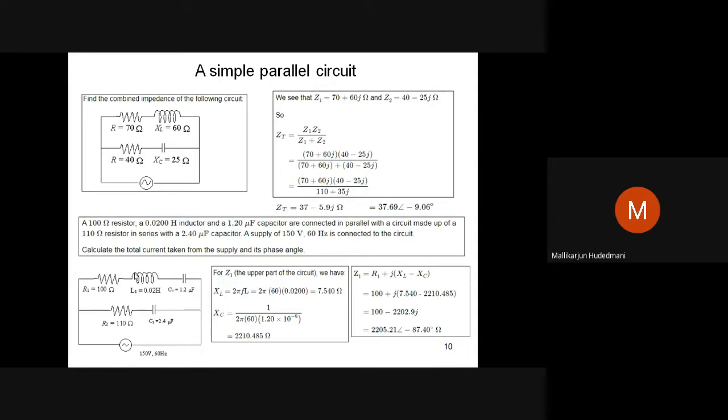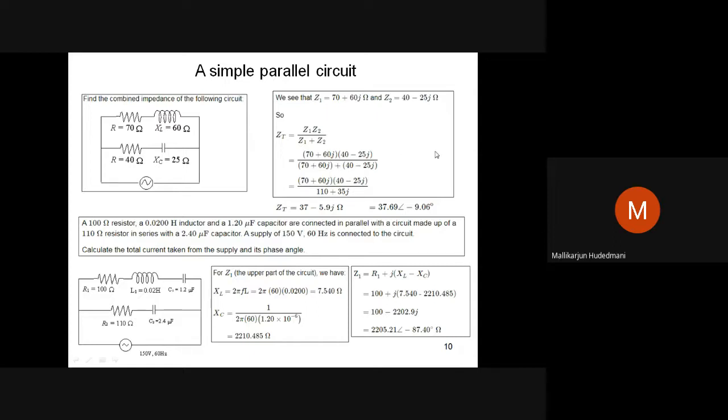The similar logic I prefer here with the complex domain. What is Z equivalent of this total combination? Z1 into Z2 over Z1 plus Z2. That is being written here. Z total equal to product of two impedances divided by sum of the impedances in sequence. Then I place them in the respective positions. Now you will find product of two complex numbers, division by a sum of numbers here. Now you can see here there is addition, product, and division.